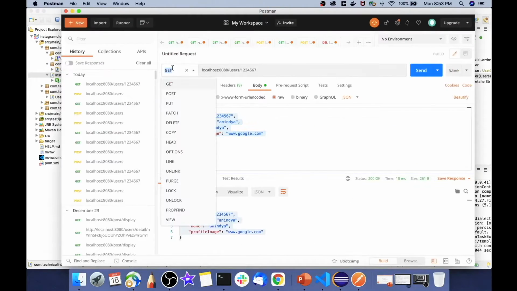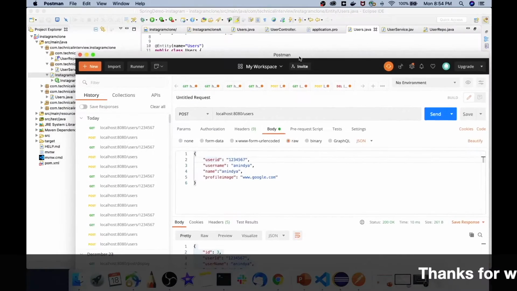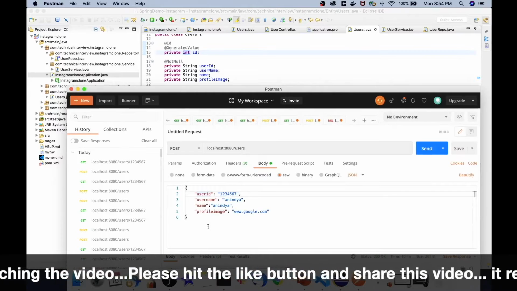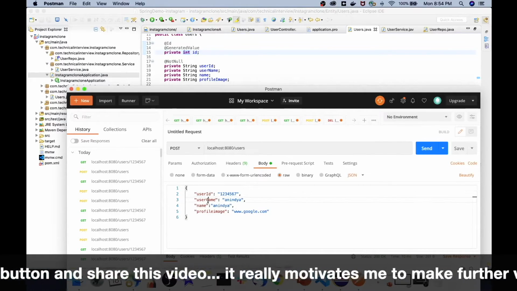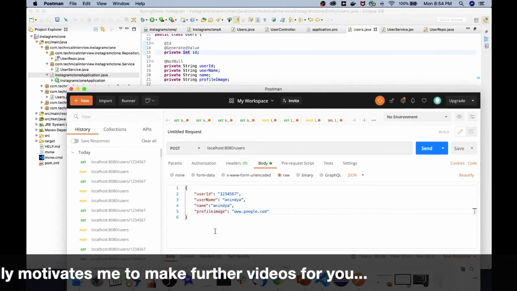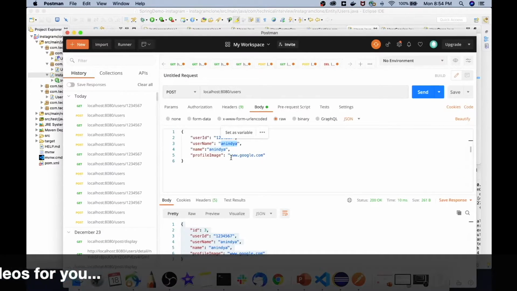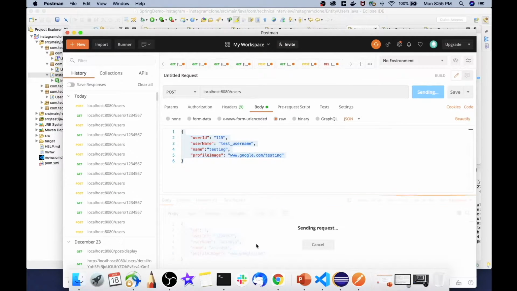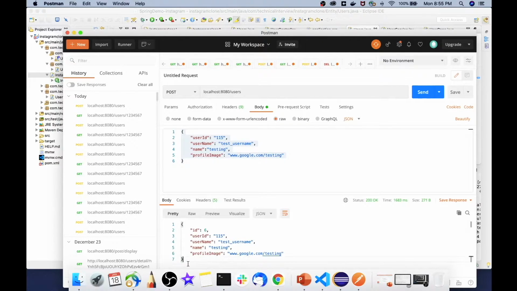So I'll go to Postman. So first I will save some data from here. So I'll go to post. So one thing over here I have to change is the type, because this is case sensitive. So over here I is capital and N is capital for name, and image also I is capital. So let's submit some dummy value over here. So let's save this user ID in our DB. So I'll click on send. So over here you can see that I got the same response from our backend, which means that the data got successfully saved in our DB.